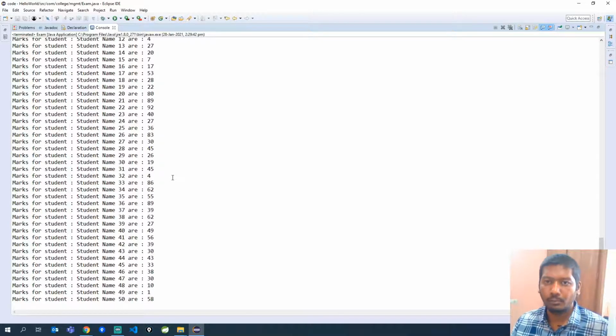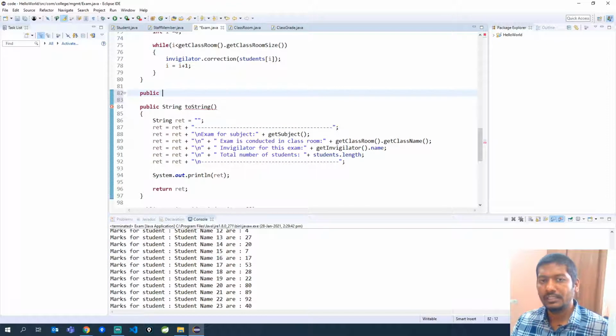Now the next thing is another conditional statement we are talking about, which is the if condition. Okay, so as we have seen in the slides, the student who gets more than 50 marks is considered to have passed, and then we will increase the total pass count for that particular exam. Okay, now we will see that example. So we will write a method which will iterate through all of these students and find out how many students have actually passed.